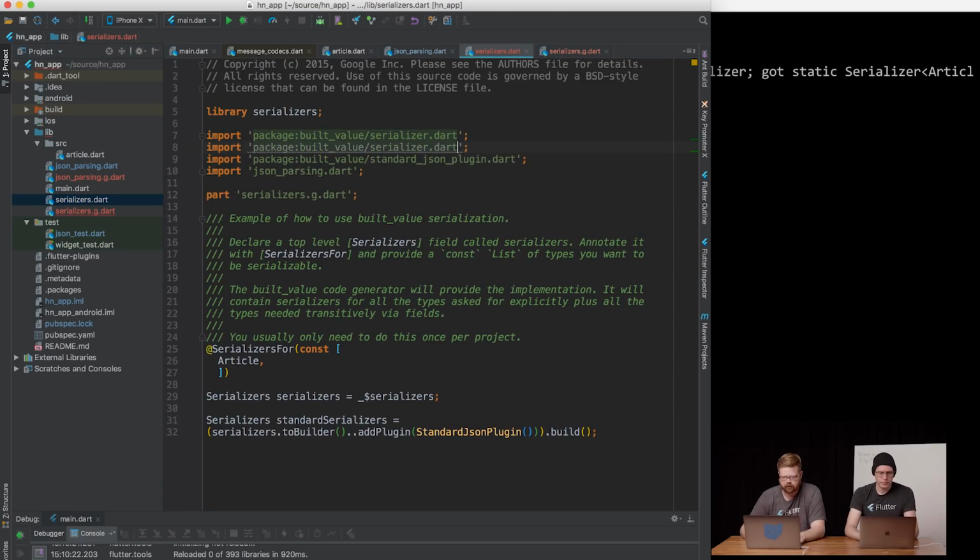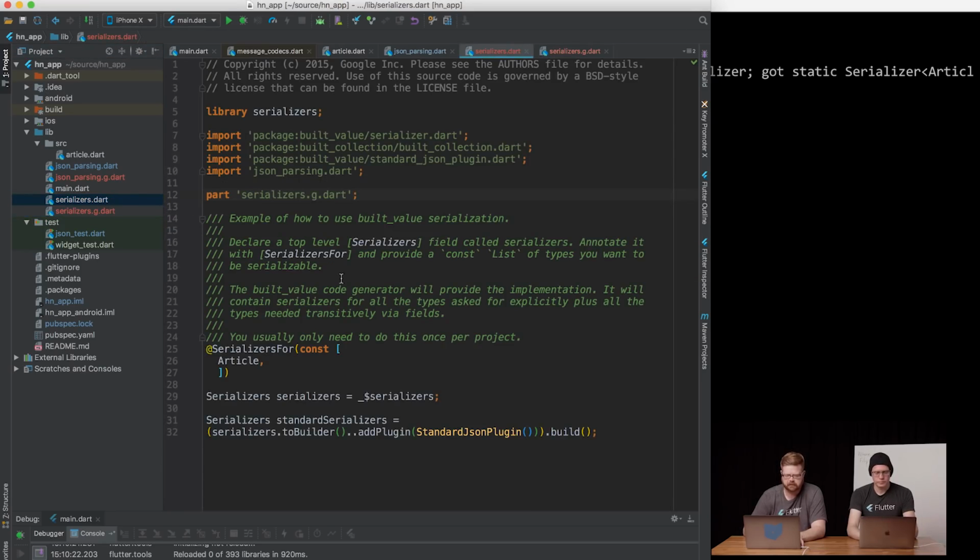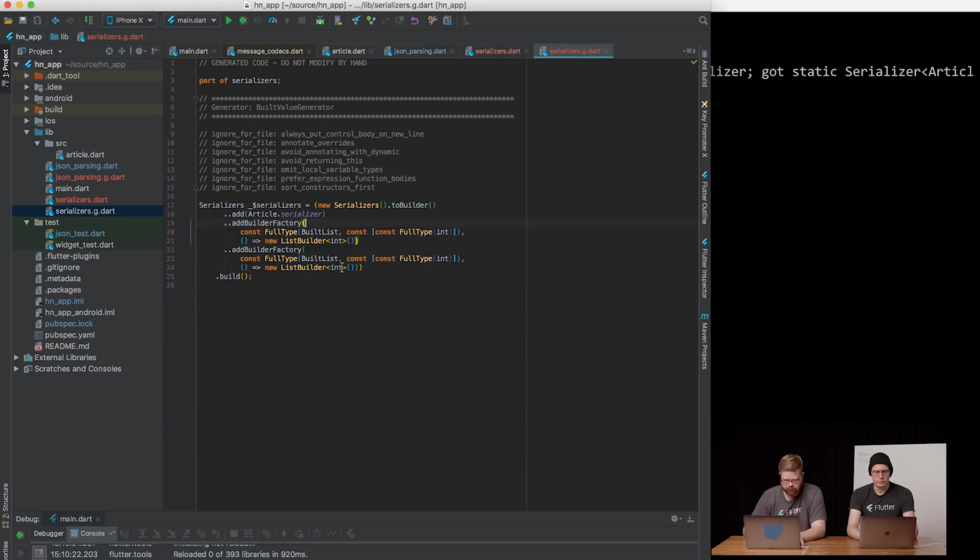Maybe I need to import built collection up here. There we go. I think that will get picked up in the part file. Cool. Okay, so I was just missing that import for built collection, which was confusing the poor little serializer,